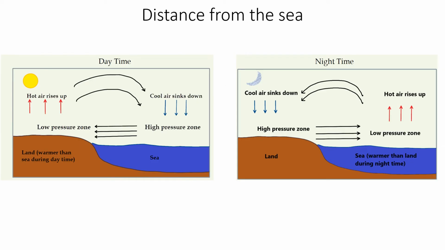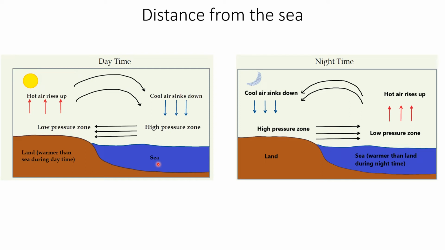It is this differential rate of heating of land and sea that causes land breeze and sea breeze. Now let us understand what is meant by land breeze and sea breeze. Starting with the first diagram, during the daytime, the land gets warmed very quickly as compared to the adjoining sea,